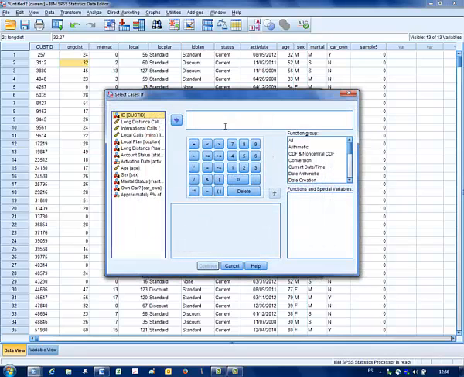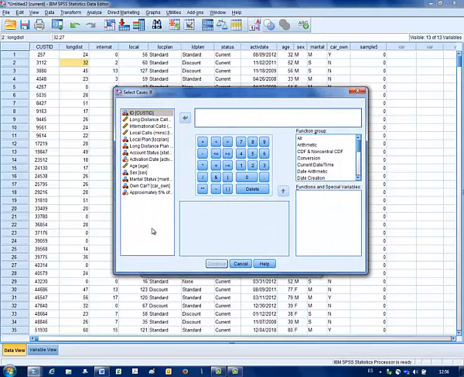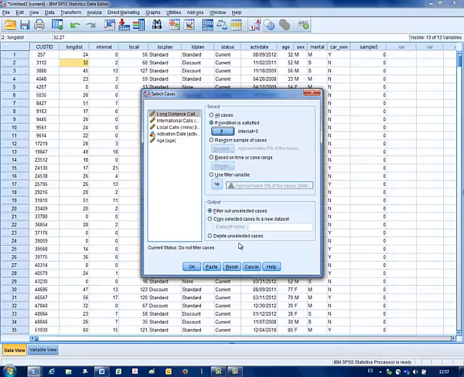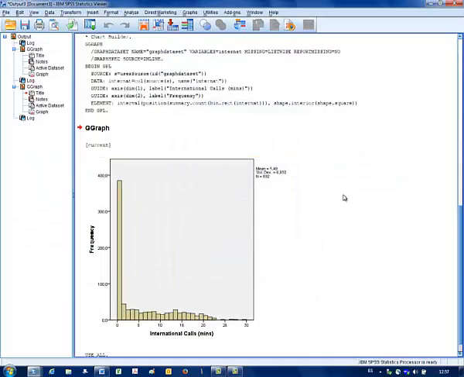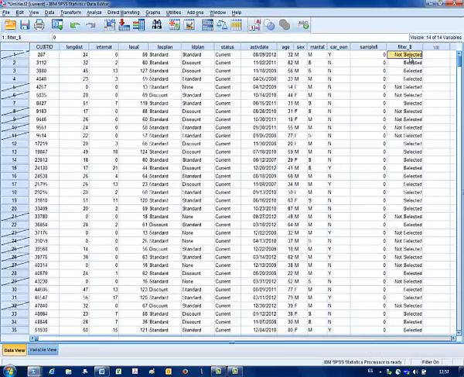Select cases with international calls greater than 0. I'm going to use this option here, copy selected, filter out unselected cases, and to get this variable here, filter dollar, that basically contains